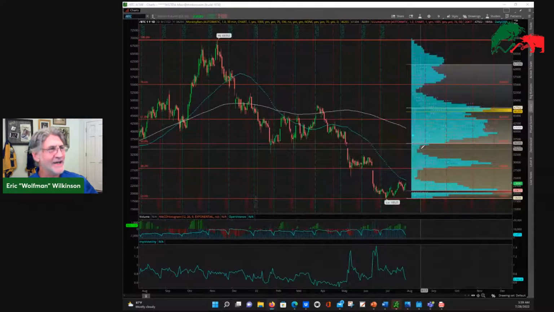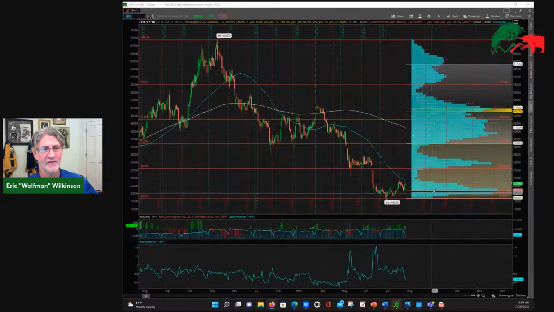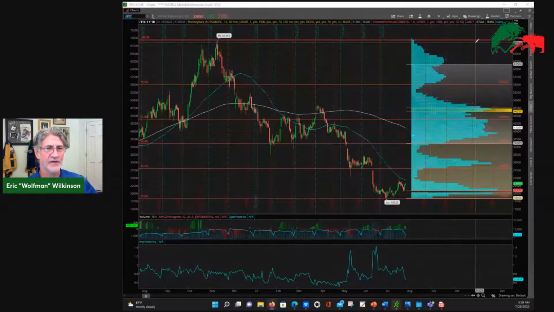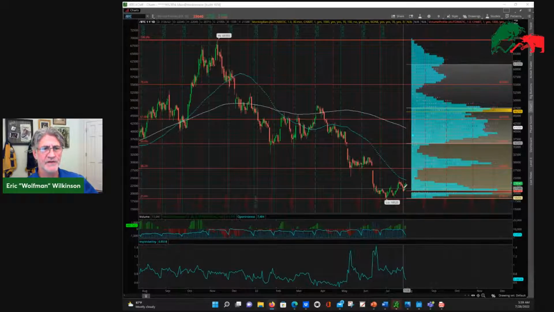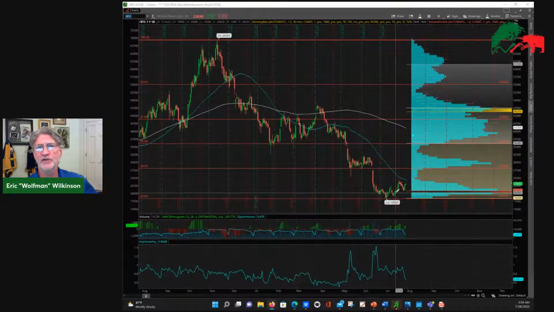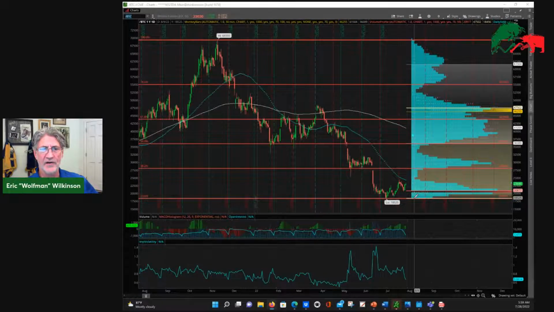Bitcoin trying to claw its way up. It created a new little point of control down here, as you guys can see. That's probably where people are putting their money where their mouth is, folks. It's buying, that is volume trading down at these levels. So quite a bit of volume. So I think that this is a support level that folks could get involved in, look to get out anywhere